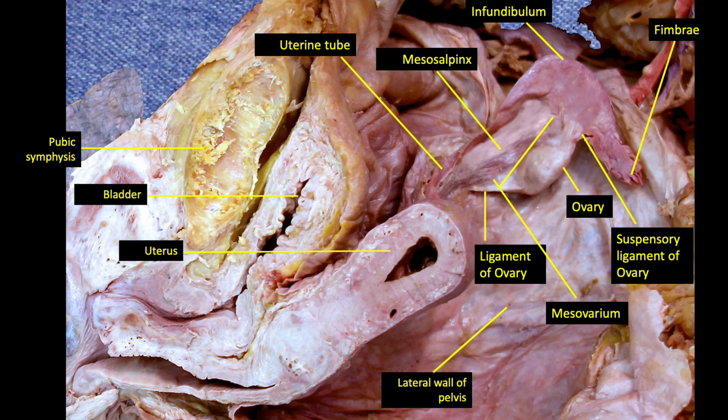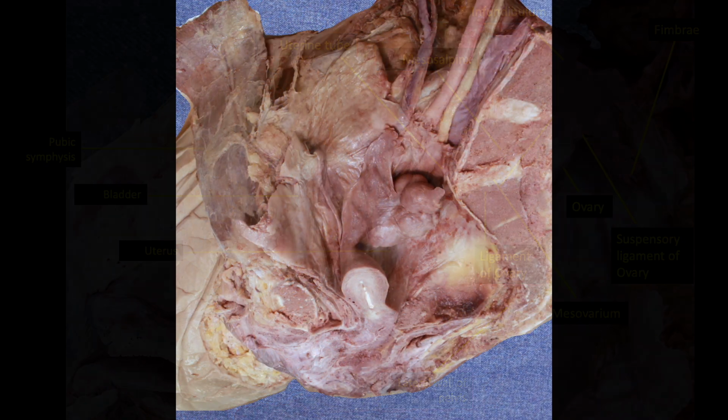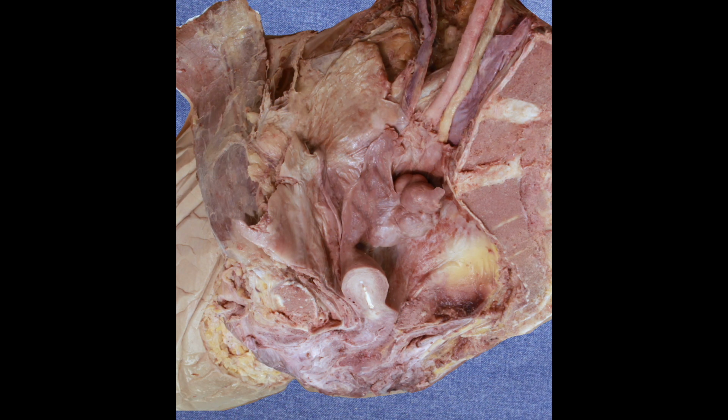Finally, the mesentery of the mesosalpinx is continuous with the mesentery that helps to suspend the ovary. This mesentery is called the mesovarium. Once you're familiar with pelvic organs, including the different components of the broad ligament, the organs need to be displaced